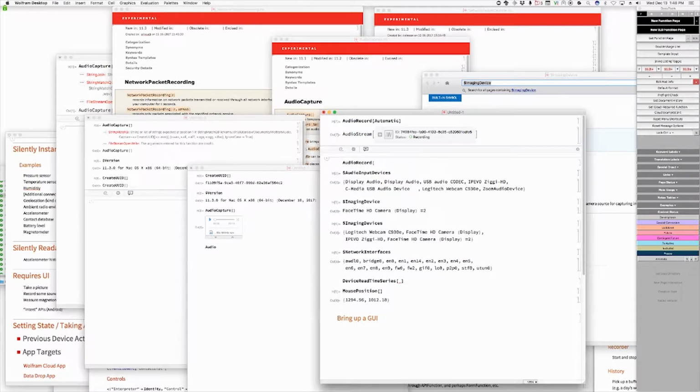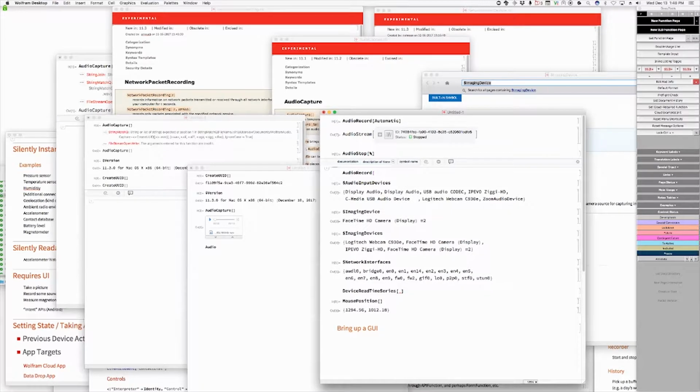Okay, so now what's happening? It is now recording? Yes. And so what do I now do? So now you could say audio stop, for example, of that audio stream. Of that, yeah. And now you can say audio of that audio stream, and that should give you the result. Wow, this is pretty wild. So this audio record function starts off